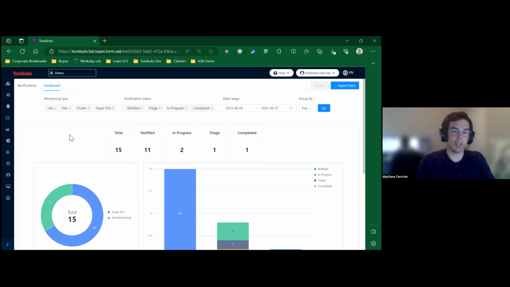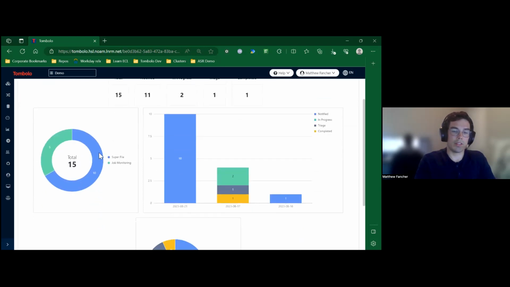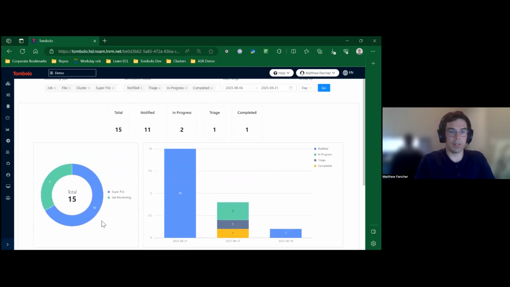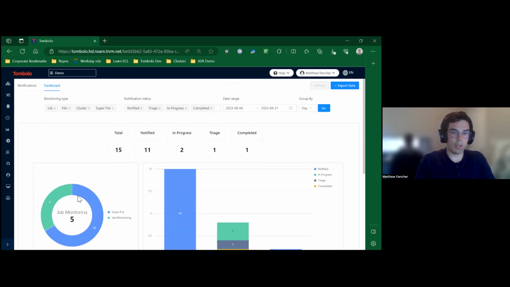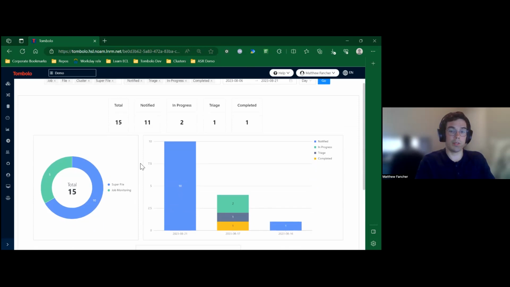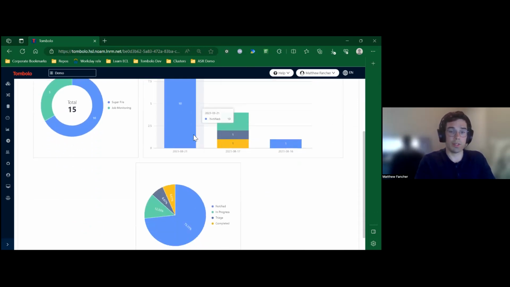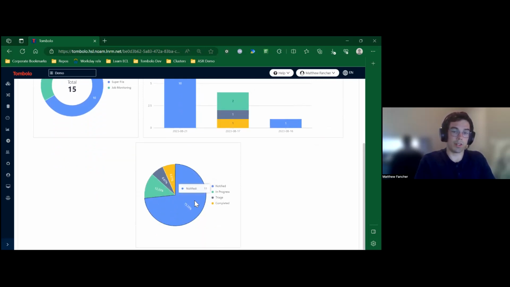Here, we can take a look at a view of all the notifications that Tombolo has sent out in a nice, easy to read chart format. So we have things like a circle chart here indicating the breakdown between the number of notifications that were sent out between different notification types. We have a bar chart here that will specify the number of notifications that were sent out by day, and also break it down by the status of the notification. And we also have a pie chart down here that will indicate all of the notifications that have been